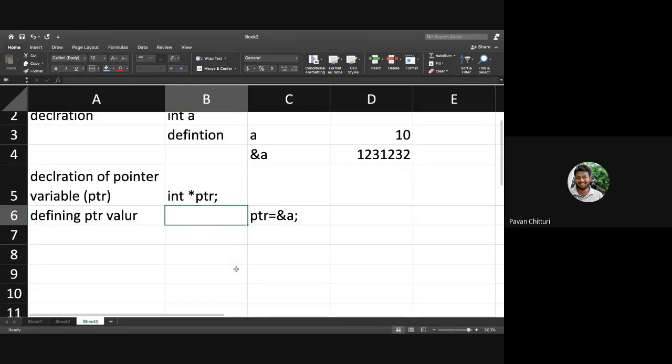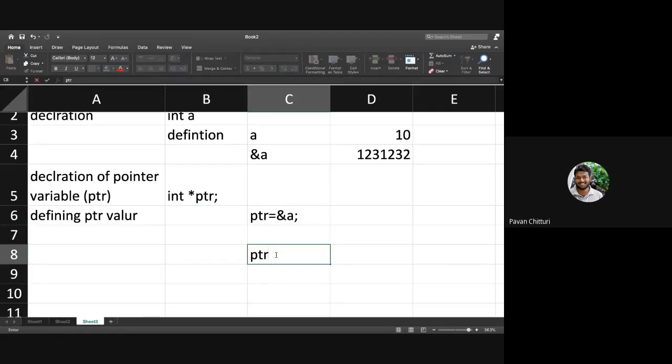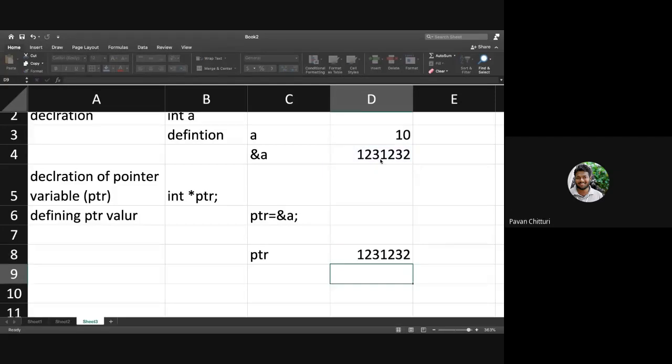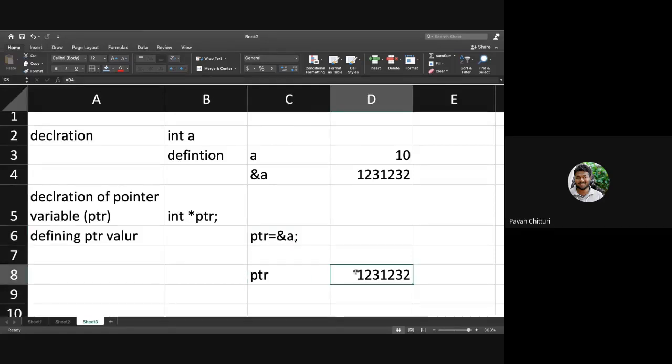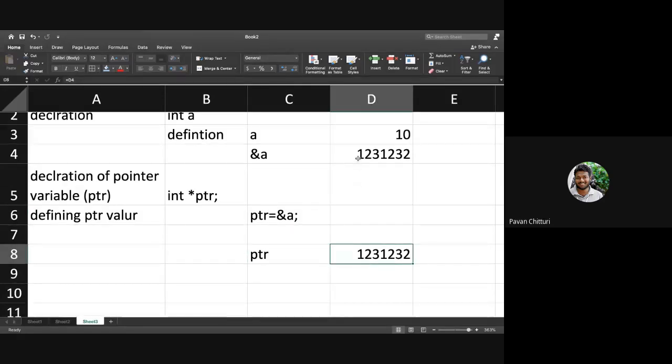So if ptr is a variable like this, the value residing in ptr will be the address of the variable you want to define. So ptr will be holding the address of this variable.